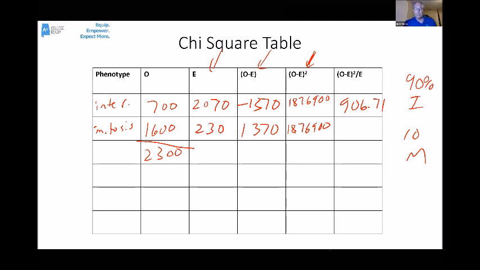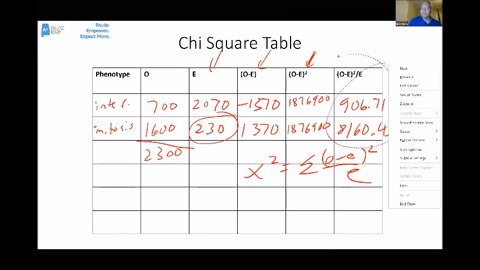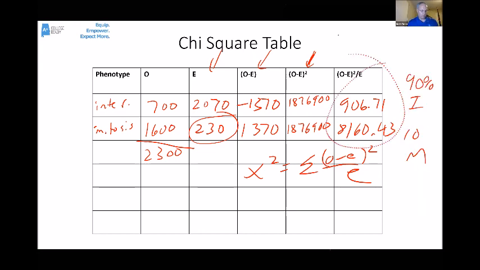So to get this last one, 1,876,900 divided by 230. All right, and we get 8160.43. All right, remember our chi-square statistic is the summation of O minus E squared over E. So we need to add up this whole column. So 8160.43 plus 906.71. So we end up with a chi-square value